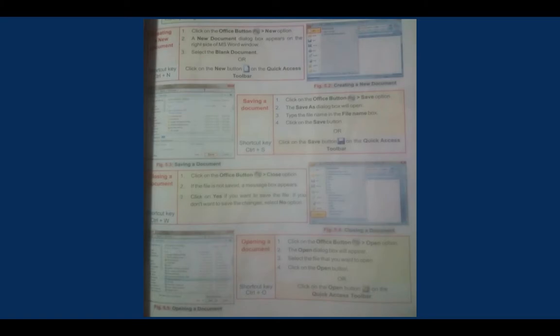Now I just wanted to tell you the difference between Save and Save As. Did you get it? Save means it will save whichever new file you have created. But Save As is an option you use to save an already saved file. We will take one example: today I have made a file named Form 4. Now I will save it with Control S.